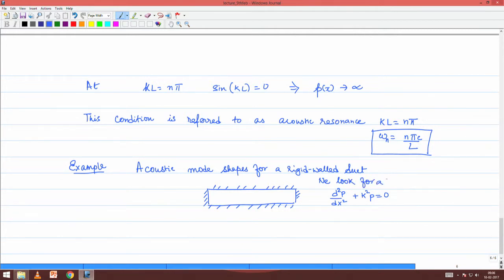So, the objective is we look for a non-trivial solution to this equation. What is the trivial solution? The trivial solution is p equals to 0. Obviously, p equals to 0 does satisfy this equation, and that is called a trivial solution because that is not of any interest in analysis. But we have to solve this non-trivial solution subject to the condition that u at x equals to 0 has got to be same as u at x equals to L, and both of them have got to turn 0, right, because we have rigid ended terminations on both the sides.